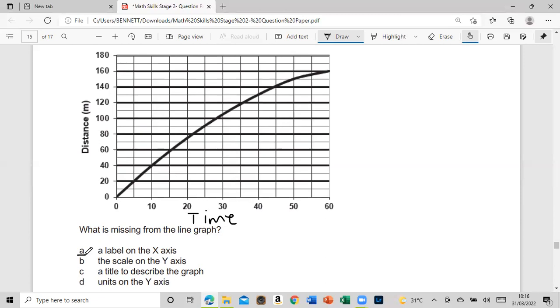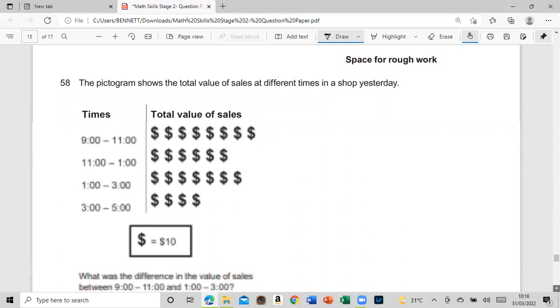So the label, put the time, right? Let's move on, let's move on. Done it on? Okay,